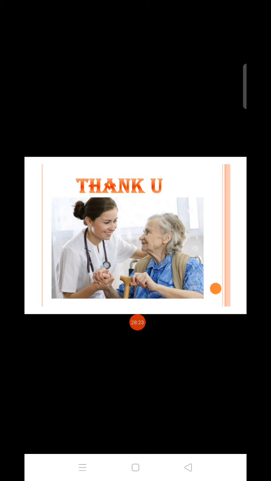Okay, for that please study well, because it is most important, and you have to understand what the physical assessment is, how we have to do the physical examination of the cardiovascular system, because in every disease condition you have to do the physical examination. Before knowing the disease condition you have to collect all the physical examination and history of the patient. Only after that will you get the conclusion.